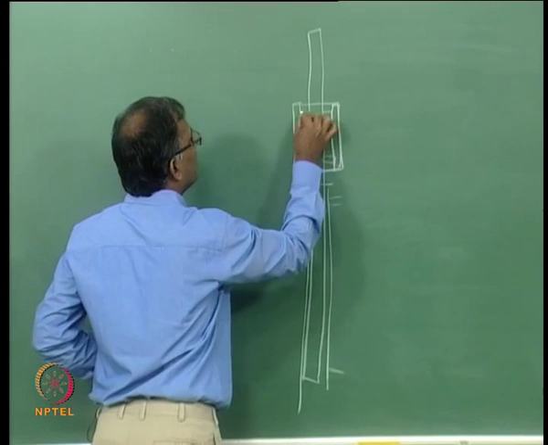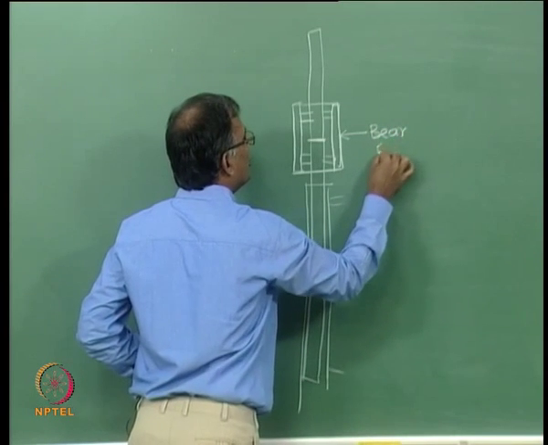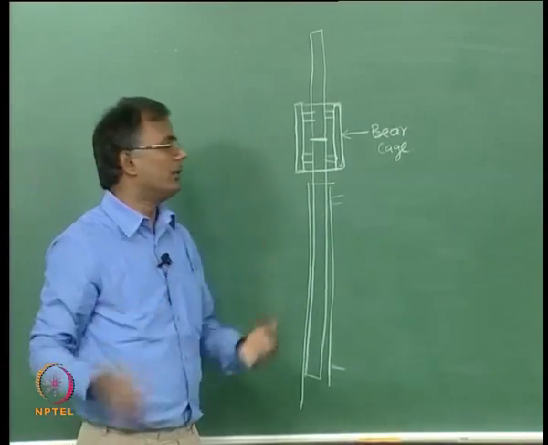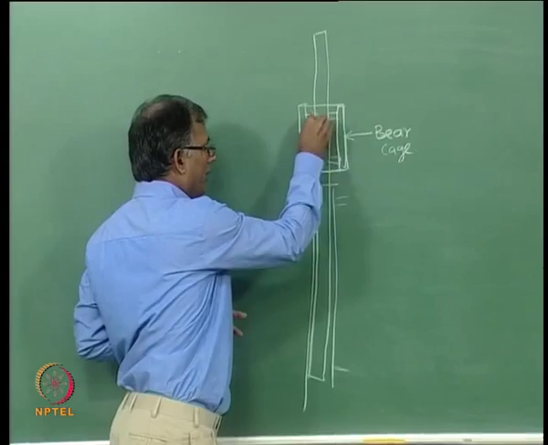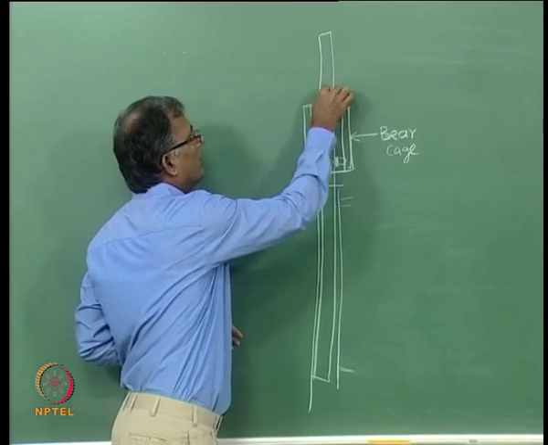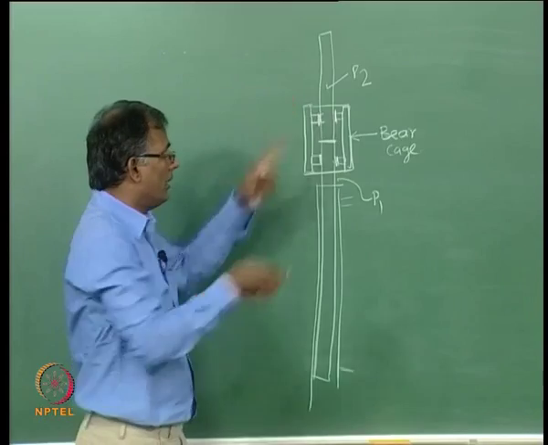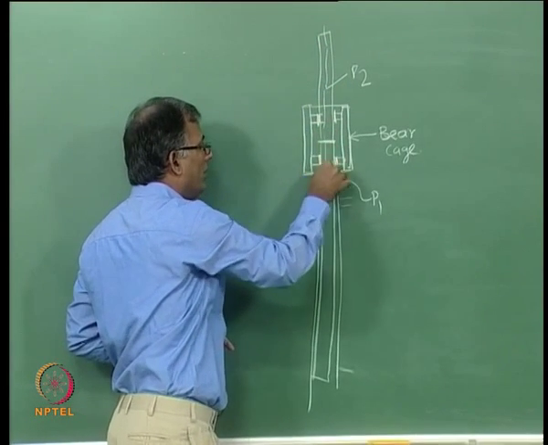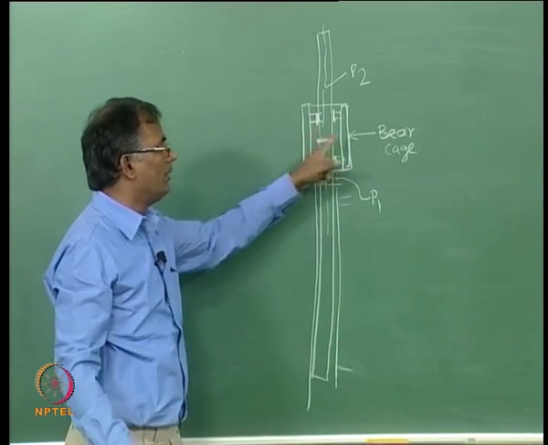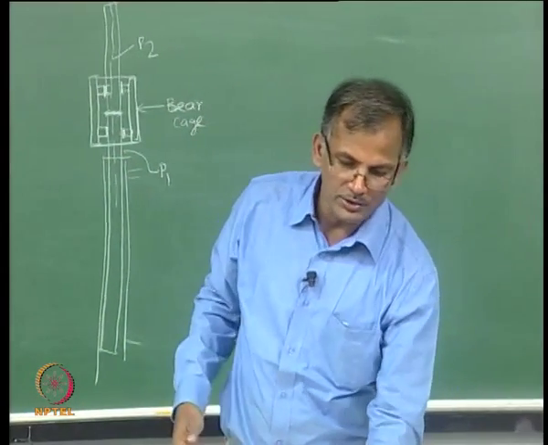This is an interface. This is called a bearing cage. It will look like a cage. Actually, it will be a circular system with at least 4 cylinders, and there will be gripping here. So, this P2 segment and the P1 segment are held together in the alignment we want, because we want a vertical alignment, and it will maintain that. Somebody will go and do this welding. Once the welding is done, this machine can be taken off into 2 pieces. Basically, it will be a bolted connection.